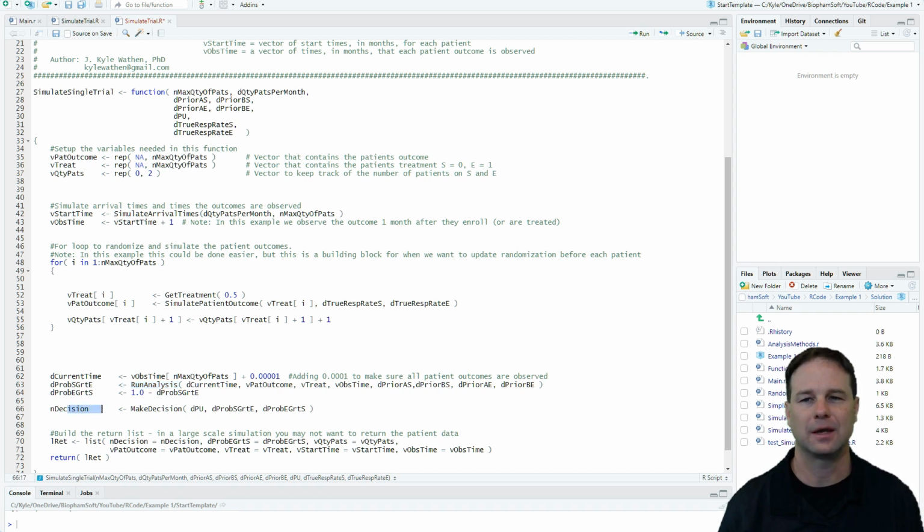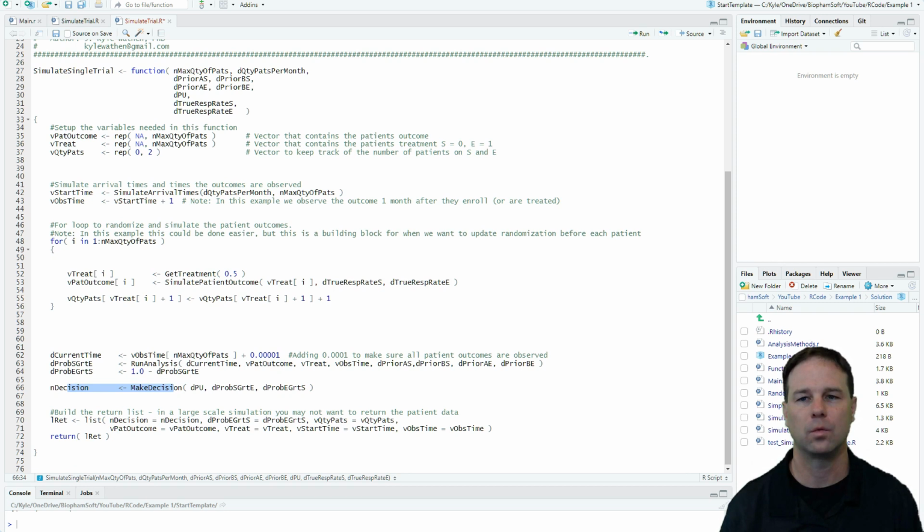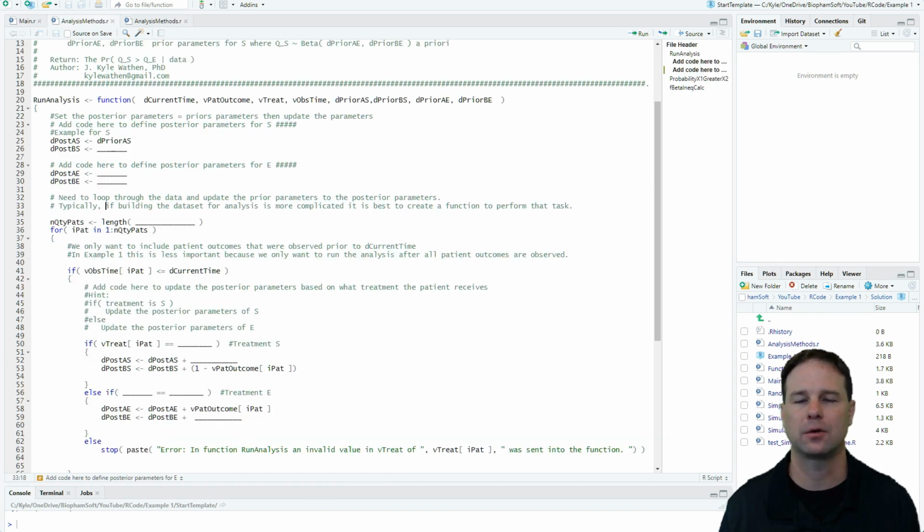Note that the next line down, then, we're going to take the analysis and the calculations that we got and use it to make a decision. From there, we'll return a list of the things that are of interest in what we're wanting to do to be able to have and summarize at the end of the simulated trials. In the interest of time, we're not going to go through the solution to each function, but we'll go to the main ones. For example, the run analysis is a little more complicated than the other functions, so we'll take